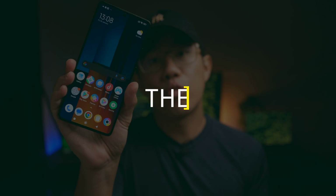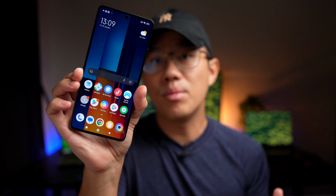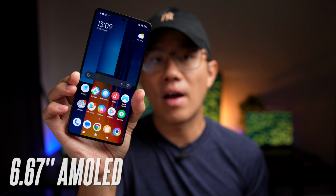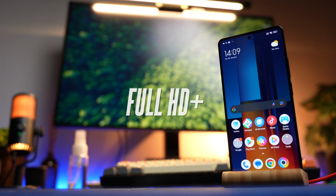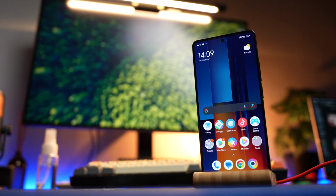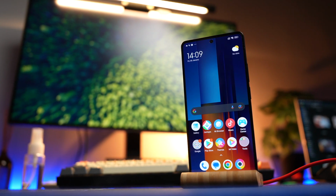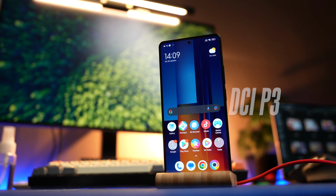So the M6 Pro provides you with a pretty great display, coming in at 6.67 inches, which is similar to what you get with the POCO X5 5G that we've previously looked at. And this is a Full HD Plus AMOLED display with resolution of 2400 by 1080, which is plenty sharp for your day-to-day use. You're also going to get full DCI-P3 color gamut, so colors definitely look very vibrant and poppy